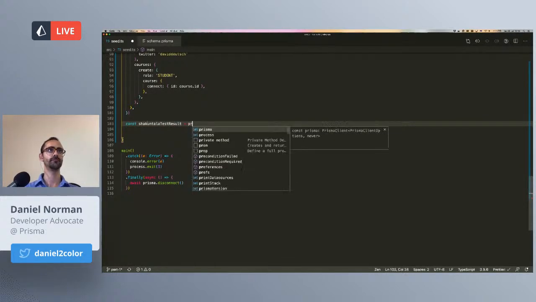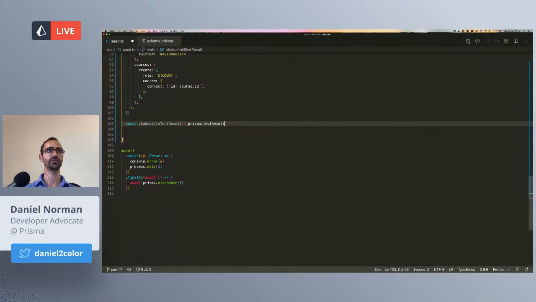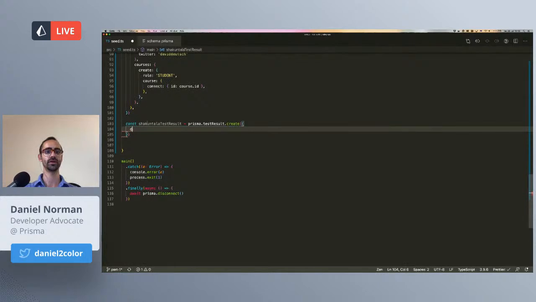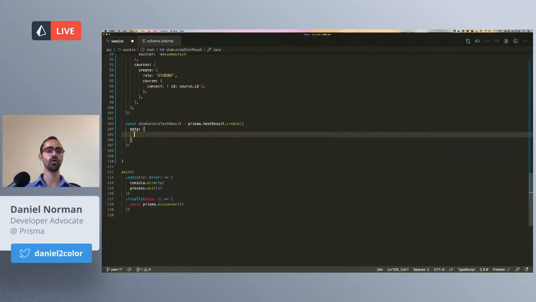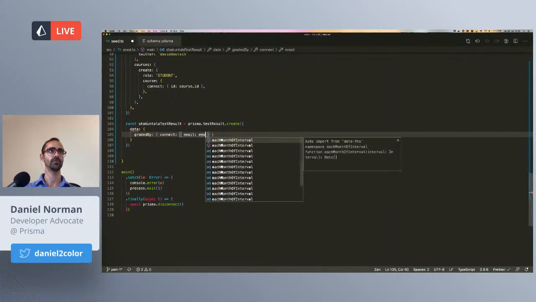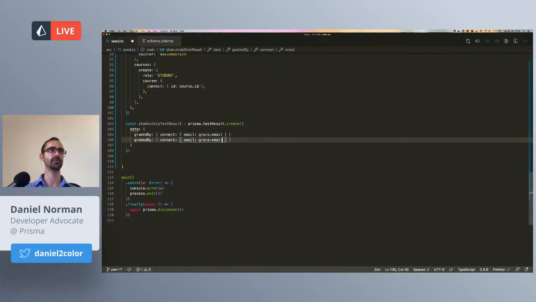Equals, so prisma.testResult.create, and we start an object, and then we have data, and here we start actually passing in all of the different fields. So we have the gradedBy, and what we're going to do here is connect that to Grace. So we're going to take grace.email, and then we're going to do student. We want to connect that with,